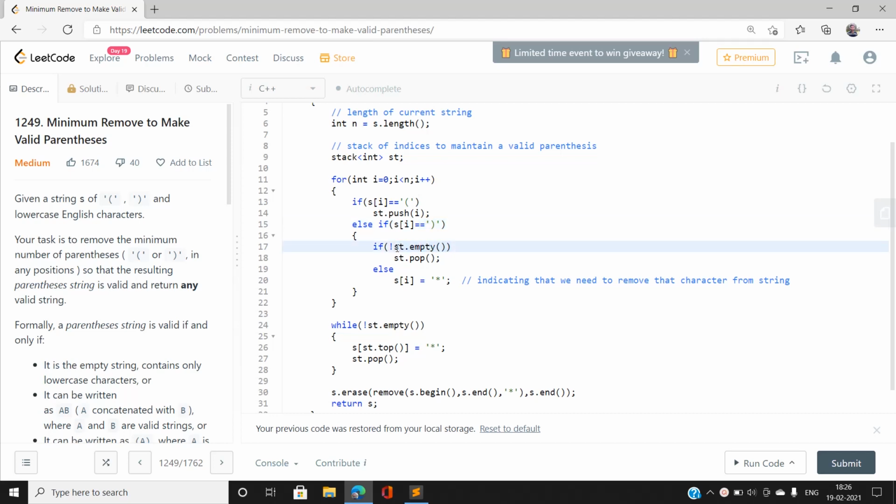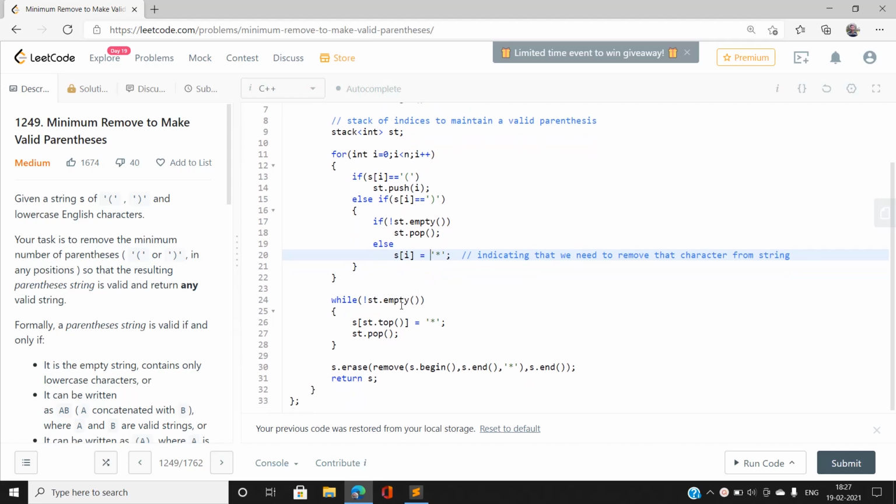So I am going to pop out the top element from the stack, and if our stack is empty, denoting that this closing parenthesis has no opening parenthesis whose index is smaller than the current index, then we have to remove this closing parenthesis also. So I am going to mark it with a star, or you can say asterisk.